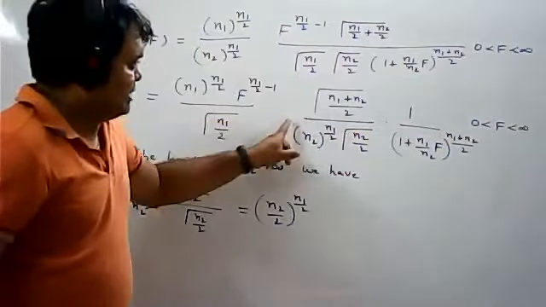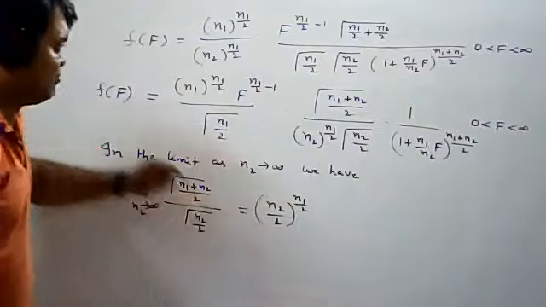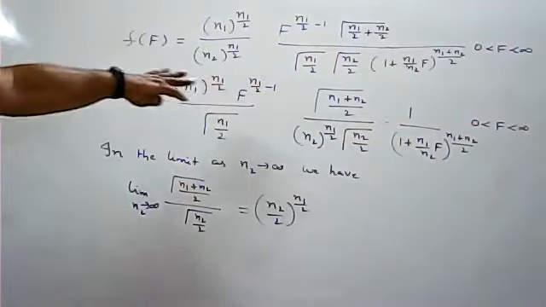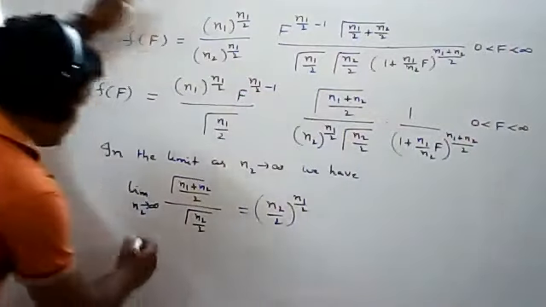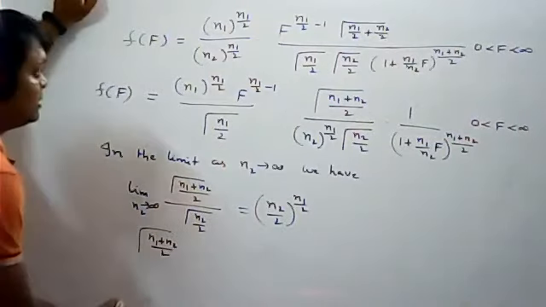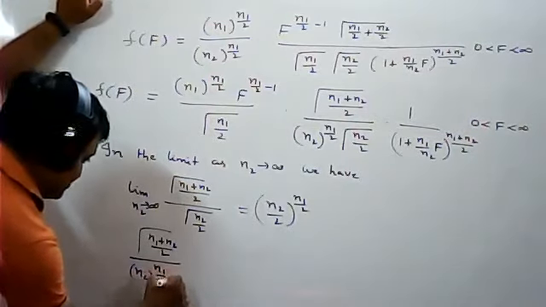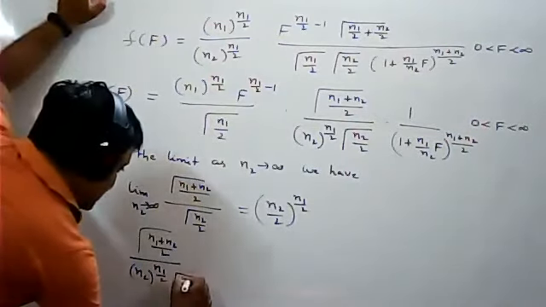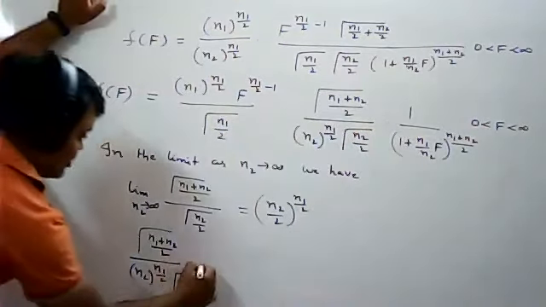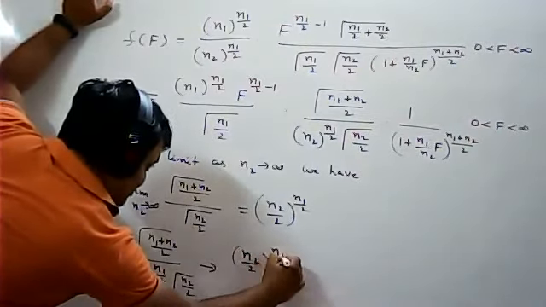So now you know the limit as n2 tends to infinity, you know this formula. You are getting n2 by 2 whole power n1 by 2. Then what does this term become? I will write that term so that you can understand better. Gamma n1 plus n2 by 2 divided by n2 whole power n1 by 2 into gamma n2 by 2. I am writing the total term. If I apply the limit here, you are getting n2 by 2 whole power n1 by 2.